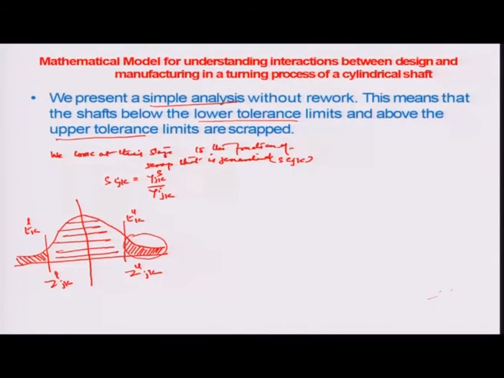So, we know that in this particular distribution, because it is a scaled distribution, 100% of the components correspond to the value 1, which is the area under the curve. So, I would say that 1 is basically a summation of all these different areas. You have an area shaded like this, an area shaded like this, and then again an area shaded in this manner. Cumulatively, all these areas together mean that 100% lie within this particular zone. However, out of this 100%, these two are the areas which would need